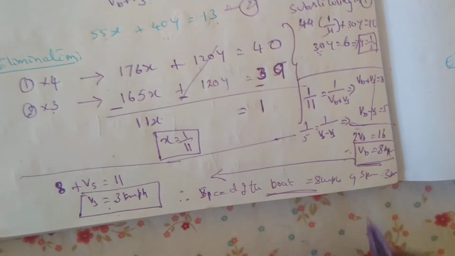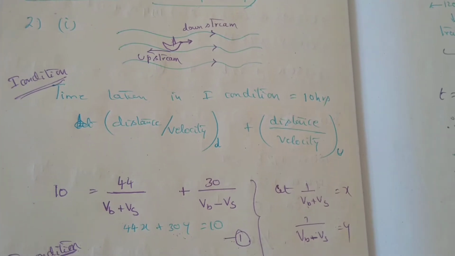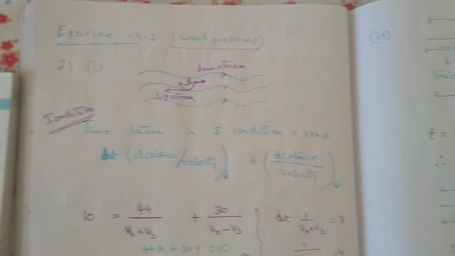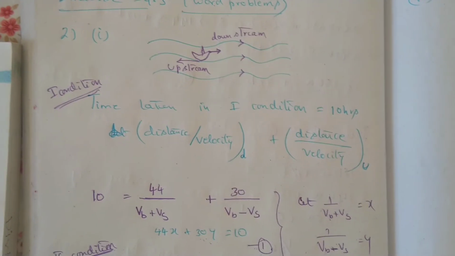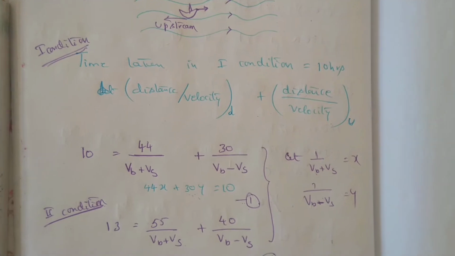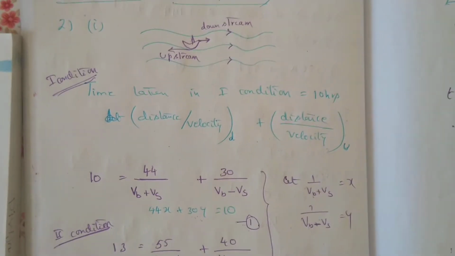You know how to write this one. Okay, take a screenshot of this. First thing is to try to understand the concept. Why we are taking this and how we are able to get the equation. That is very, very important, children. Once you know the equation, the simplification part, everybody can do it. Okay, take a screenshot of this.